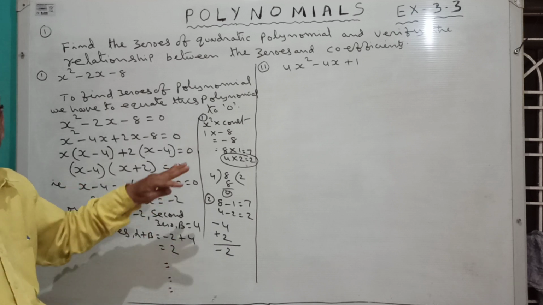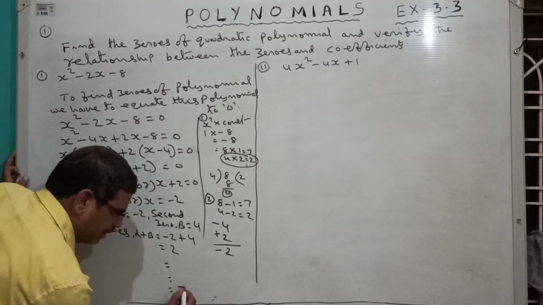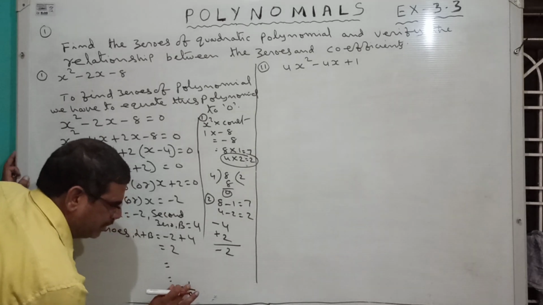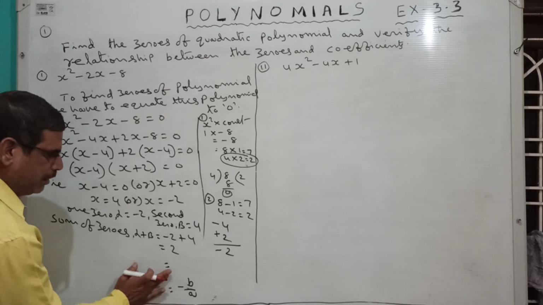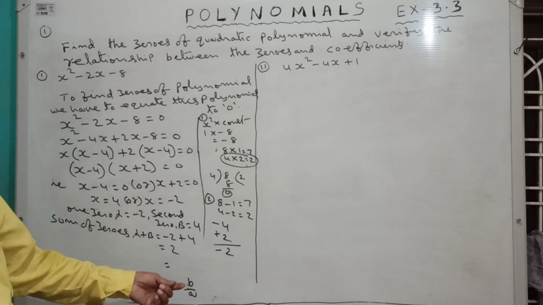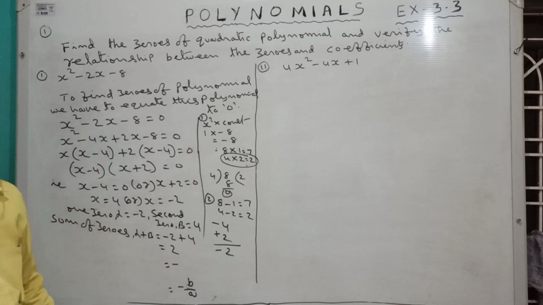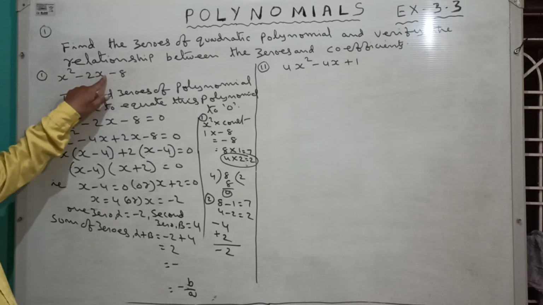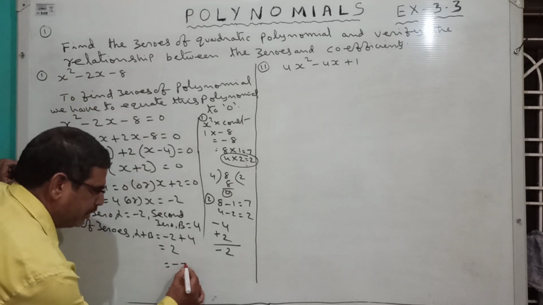What is the formula for sum of zeros in a quadratic equation? Minus b by a. Here, what is the value? Minus is there. Put a minus symbol. B. What is the value of b? B means x coefficient. Here x coefficient is minus 2. Write minus 2